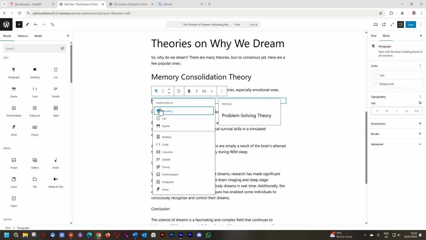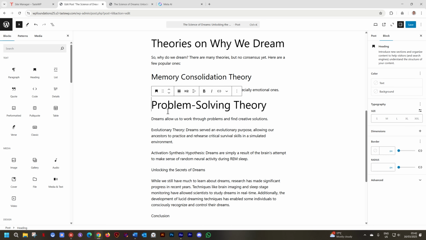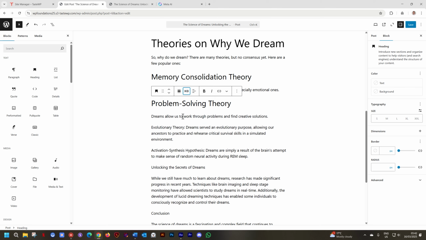You can take this paragraph, either make it a heading, make it a list or a quote, and then they have a few others which they are not so sure about. So this is contextual. It is smart. It looks at the paragraph and says, Johnny, you probably want to make this a heading, right? Select heading and see it switches to heading. But this is not a H2, so remember, you have to put it on H3. Whoa, that was quick, right?